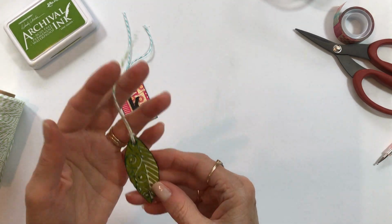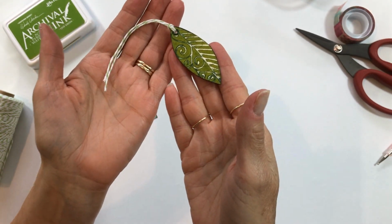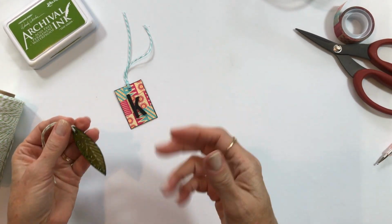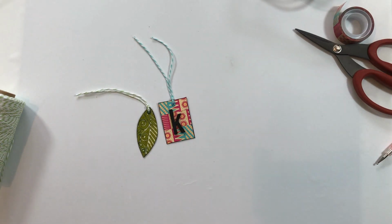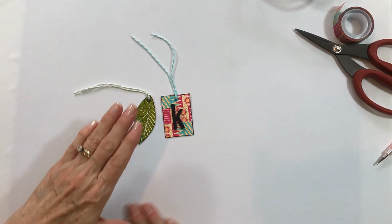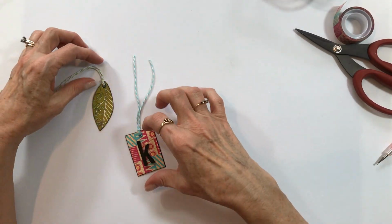And it's just such a fun way to use up your free items, clothing tags, product tags. It's amazing. All right, so there are some little practical uses for the packaging tags. And then I thought of another thing after I had already thought about this, and that I was